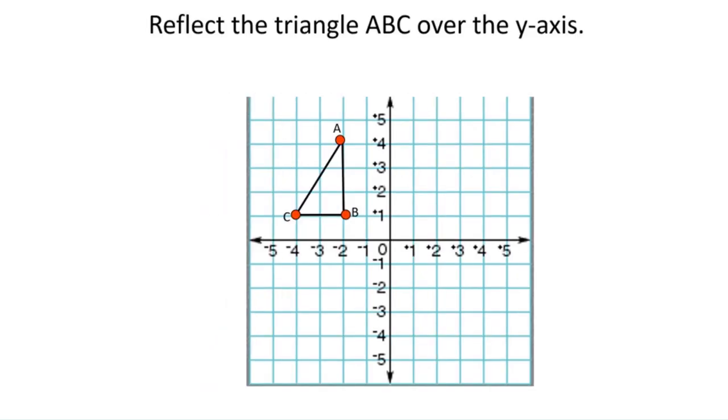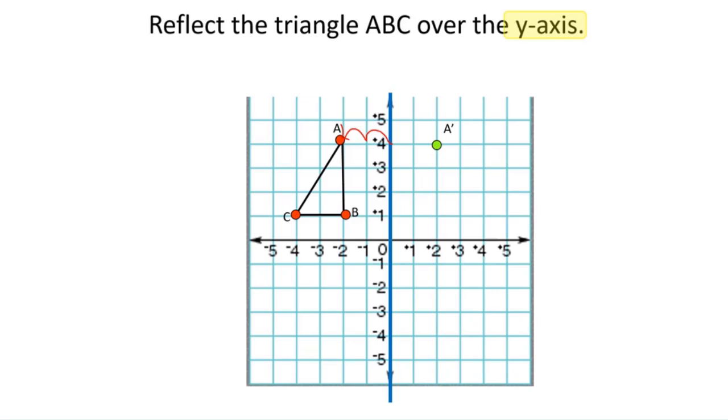All right, so let's reflect triangle ABC over the y-axis. Remember, our y-axis is the vertical axis. So we're going to flip all 3 points of the triangle to the right of the y-axis. And they're going to be the same distance from the y-axis, but on the opposite side. So if we look at point A, it is 2 places to the left of the y-axis. It's at -2. So we're going to flip it over and put it at +2,